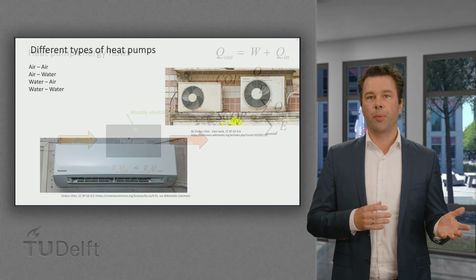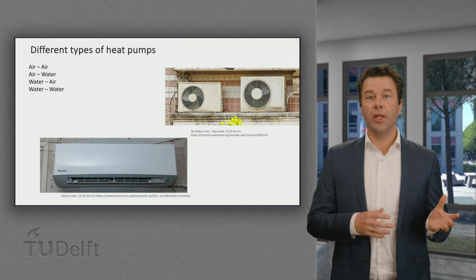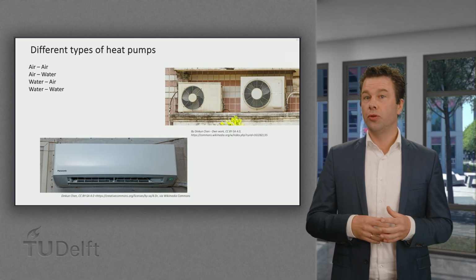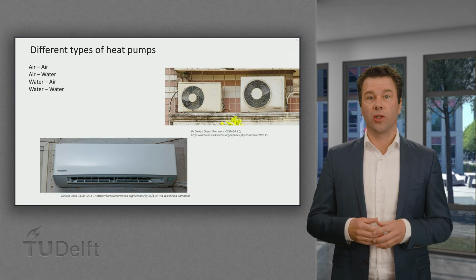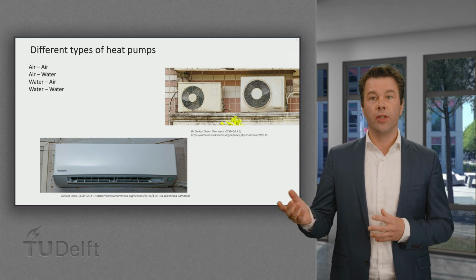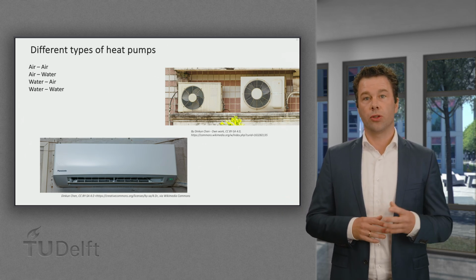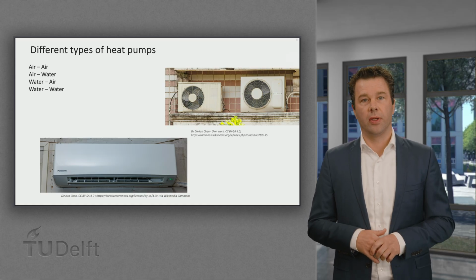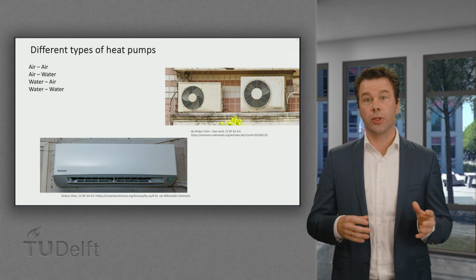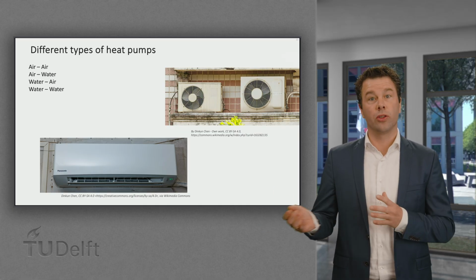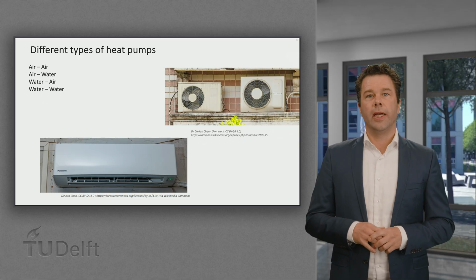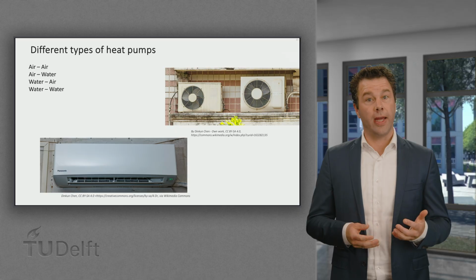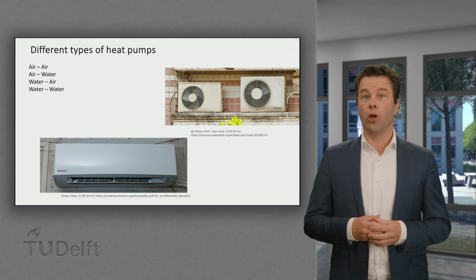Both the condenser and evaporator can be water to working medium heat exchangers as described here, but one of the two or both can also be a radiator with a fan transferring the heat from or to the air, as is also the case for air conditioning units. Depending on the type of application, we can have air-to-air heat pumps, air-to-water, water-to-air, or water-to-water heat pumps. As exchange with air is less efficient and requires additional energy used for the fans, such heat pumps usually have a lower efficiency.